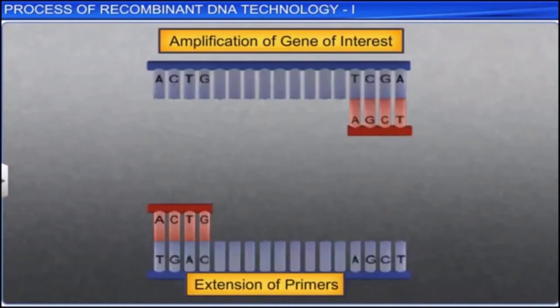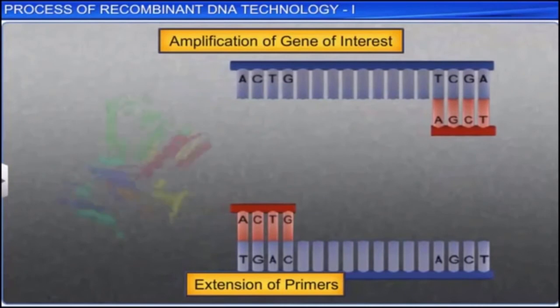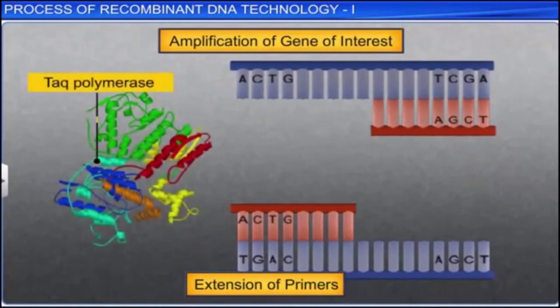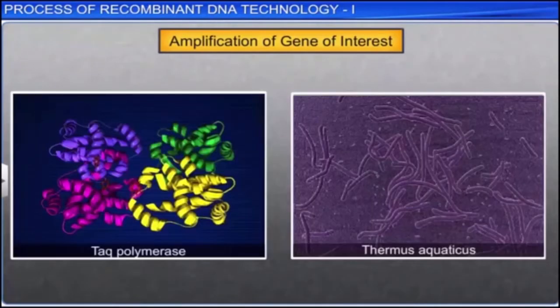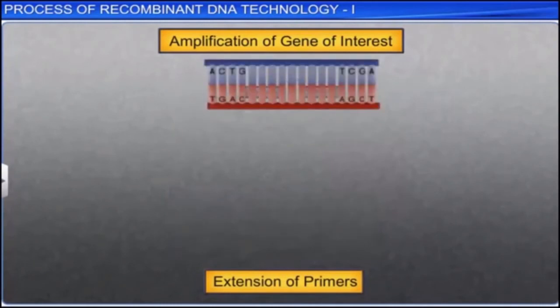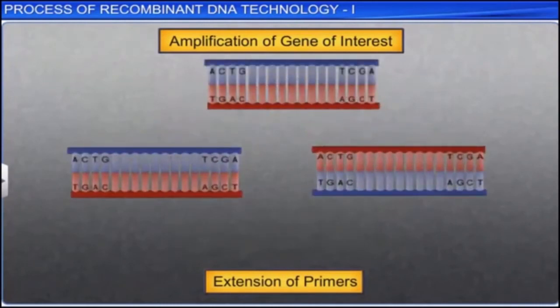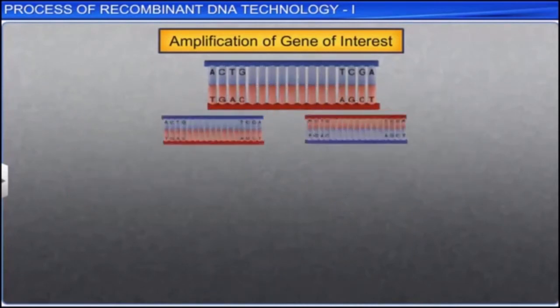In the third step, the temperature is raised again to 72 degrees centigrade. Now an enzyme called Taq polymerase is used to build 2 new strands of DNA, using the original strands as templates. Taq polymerase is isolated from the bacterium Thermus aquaticus. It helps extend primers towards each other so that the DNA segment lying between the 2 primers is copied. Later, each of these strands can be used to create 2 new copies every time.